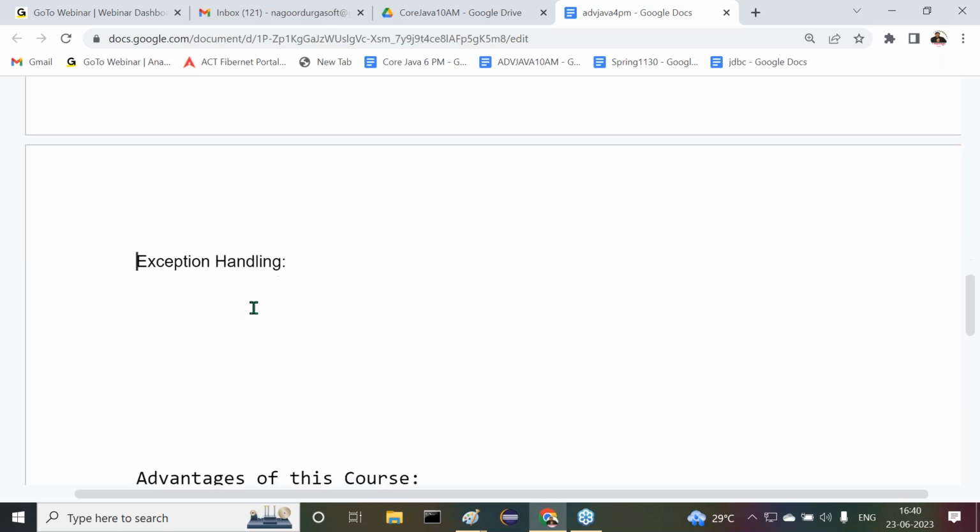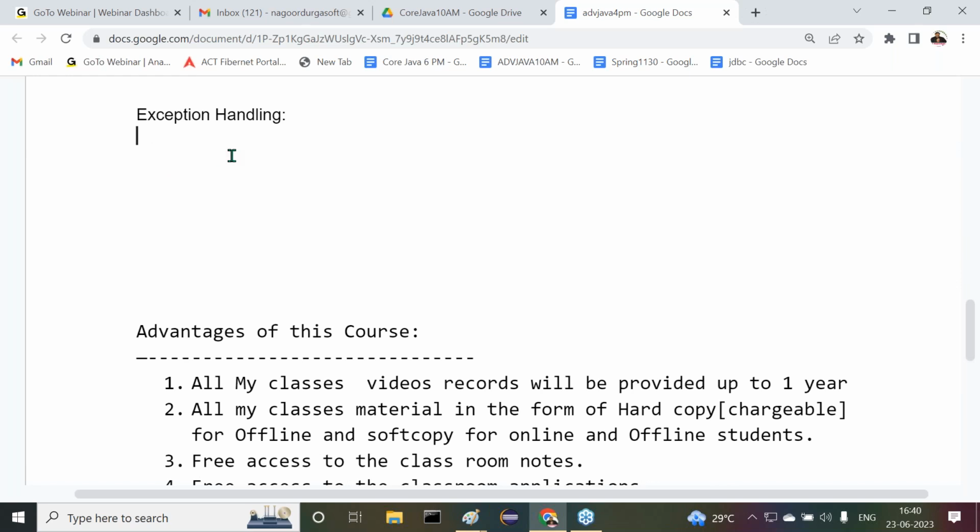First of all, understand this exception handling related content. What is an exception? First we have to understand it. What is an exception? I'll give a simple statement now. In exception handling we will discuss more about it, but a simple statement I'm telling you.